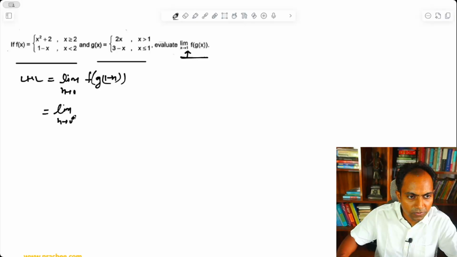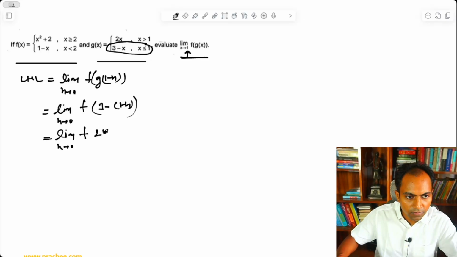Now if I take this function, let us see what happens. For g of 1 minus h, I am looking at values of g smaller than 1. So this part of the function I will have to utilize. This will become 3 minus (1 minus h). As a result, what we have got is limit h tends to 0, f of 2 plus h. Now once you are into the function f of x, 2 plus h will go in this part. And as a result, this becomes limit h tends to 0,